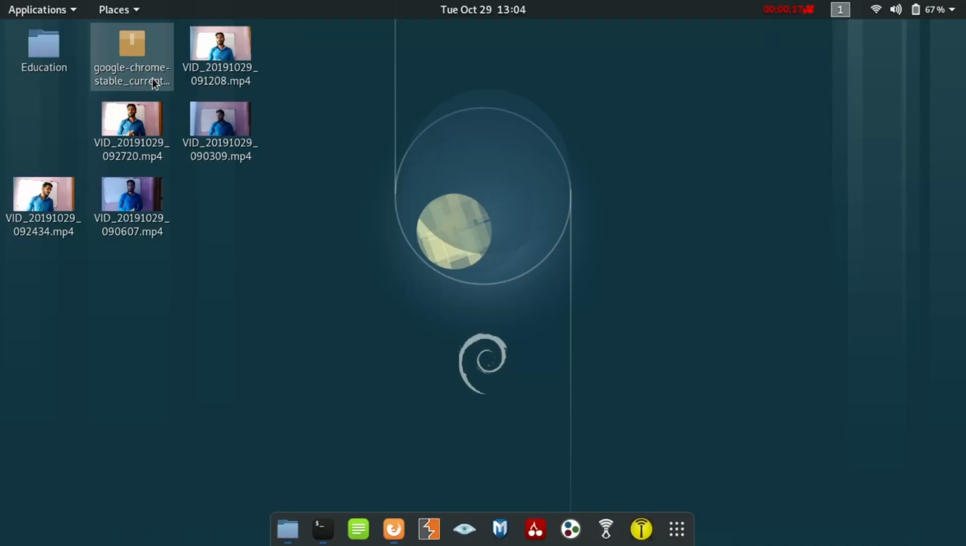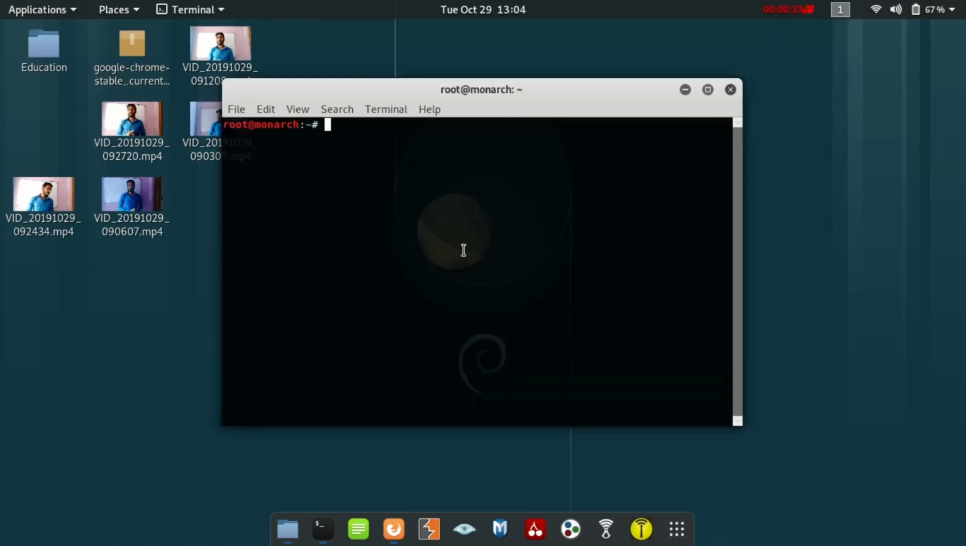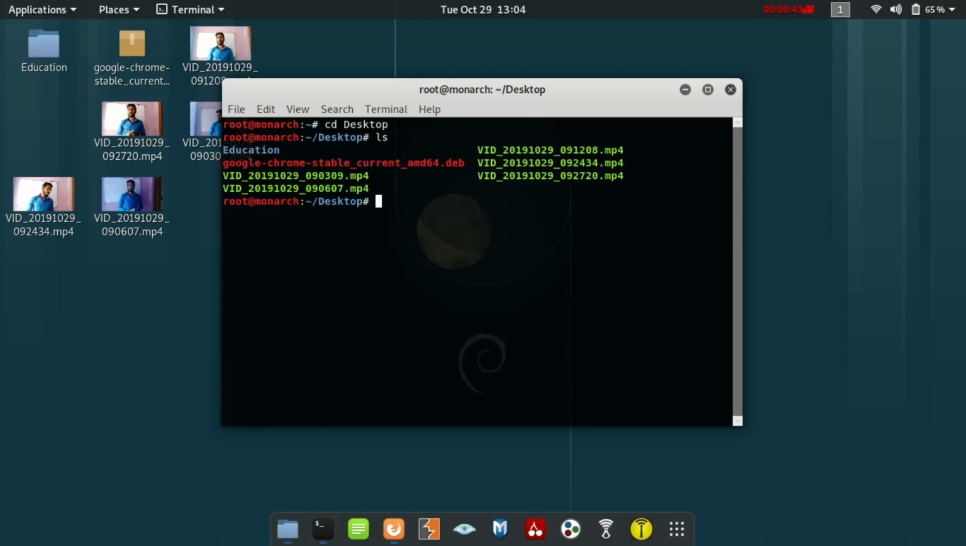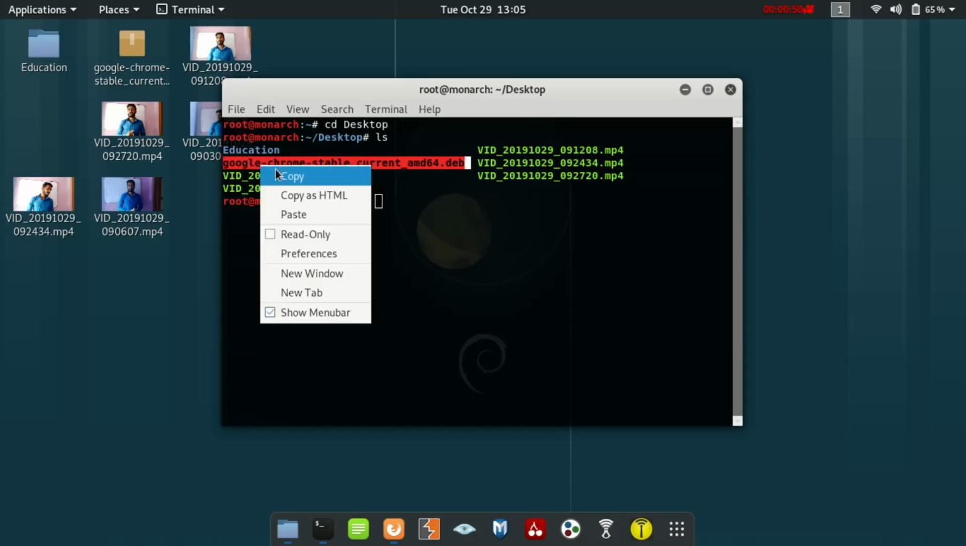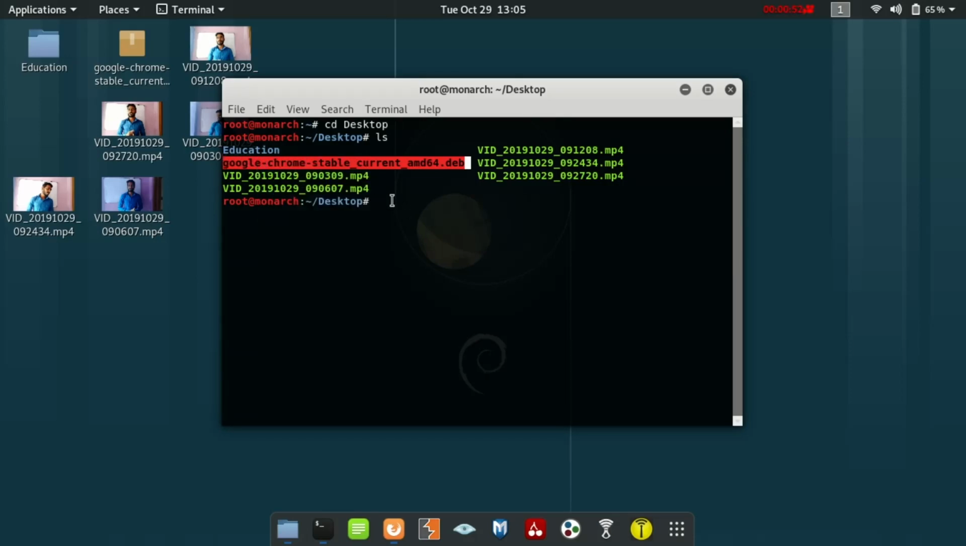Now this file is present on the desktop. Open your terminal on the desktop. Now type cd desktop. And this is the file name. At first copy it, then type